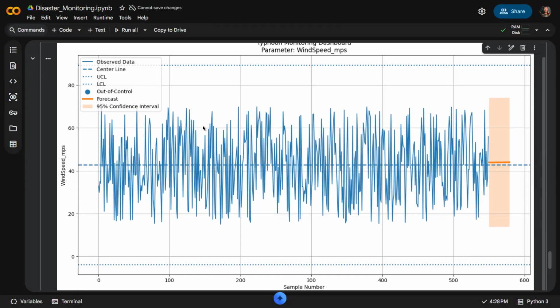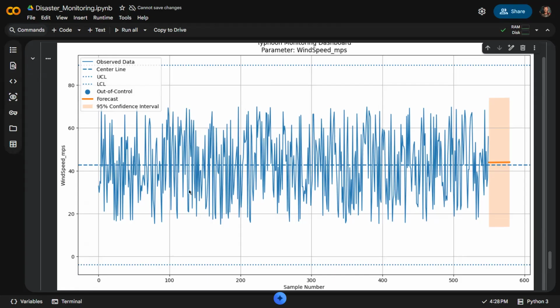Usually we are more concerned with the upper control limit, because we don't want the wind speed to be too high. As of now, we don't see any out of control parts. No observed data has gone beyond our upper control limit, which is a good thing. This refers to a safe scenario.